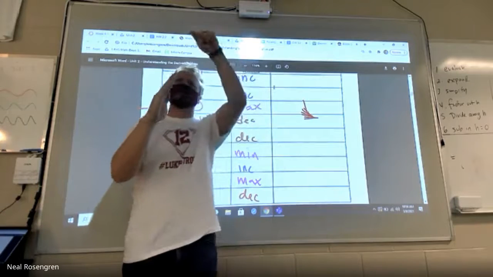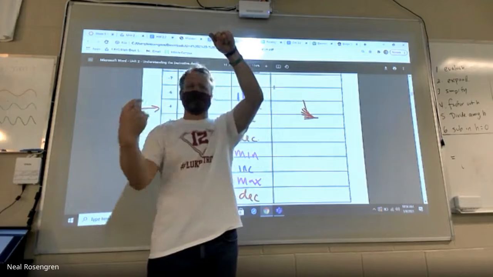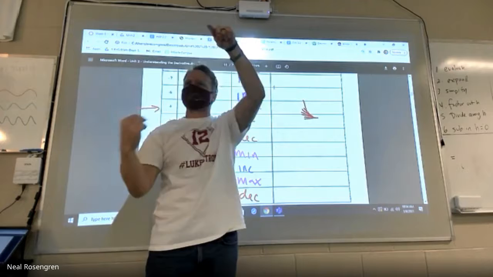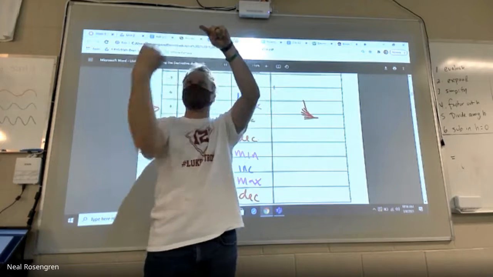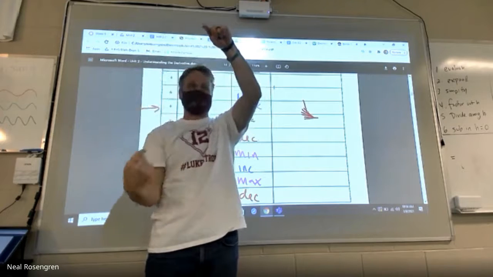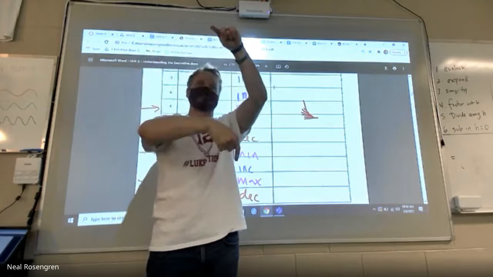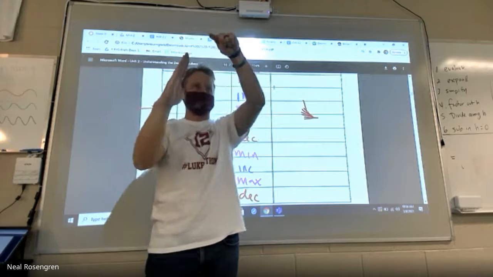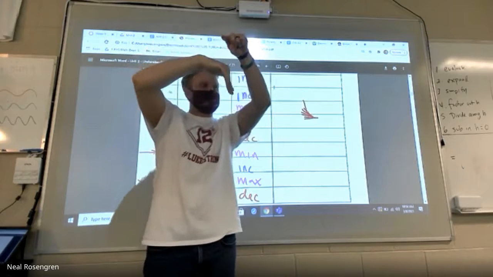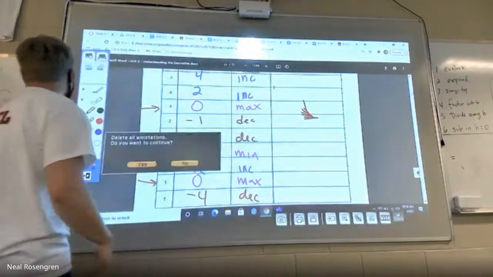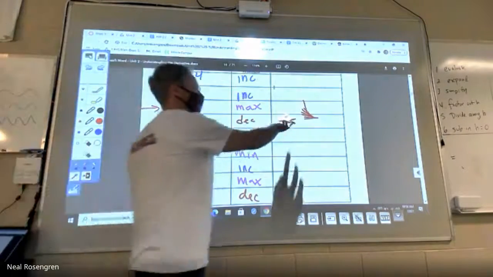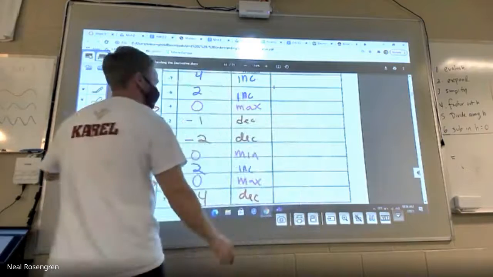If I want to hit a maximum, I better go up, hit it, and then come back down. The only way for me to create a relative maximum is to go through this motion, right? I got to go up, hit it, and then come back down. Which means that the slopes of my tangent lines are going to do just that. They're going to go from positive to 0 to negative. Because if I go in any other way, if I don't switch signs on either side of that maximum, then